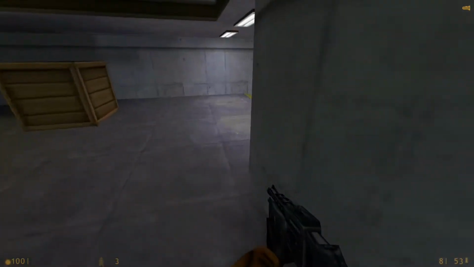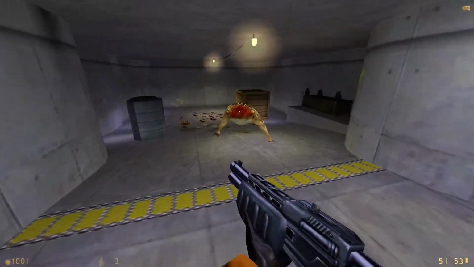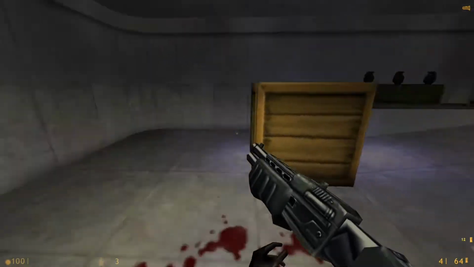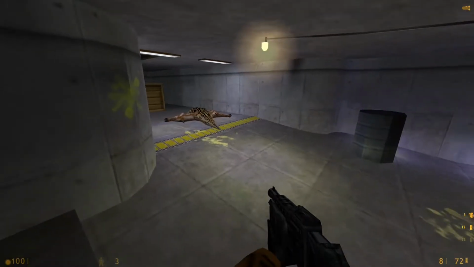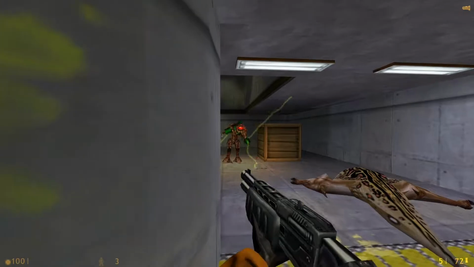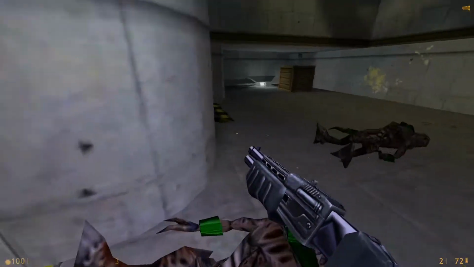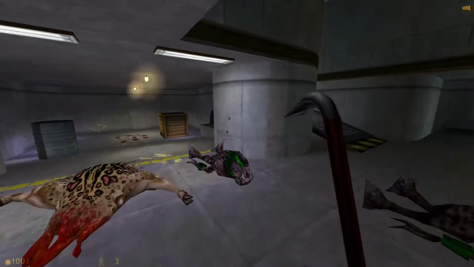There's a bull squid down here. Don't let him bite you. Grabbing the supplies right here will trigger some alien slaves to teleport in. But you can use this corner right here as cover, as long as they don't rush you. But even if they do, you have a shotgun, so...